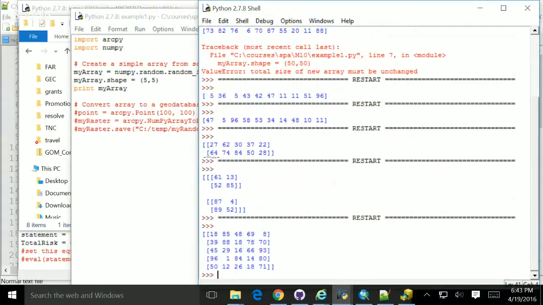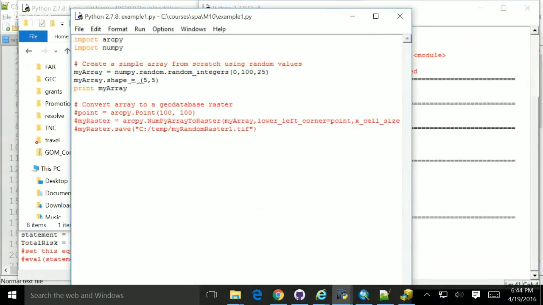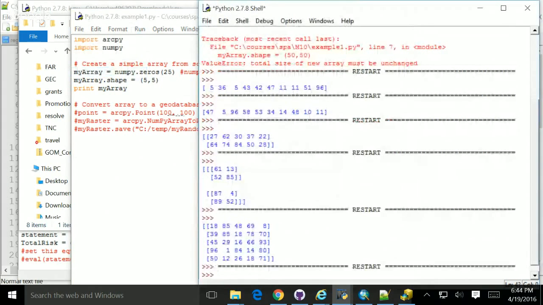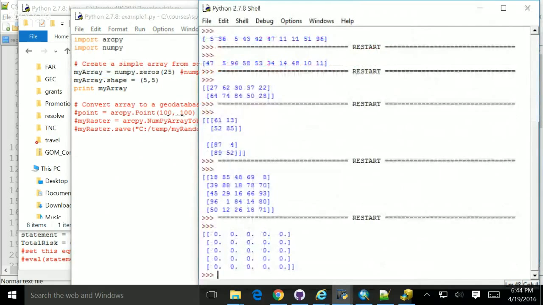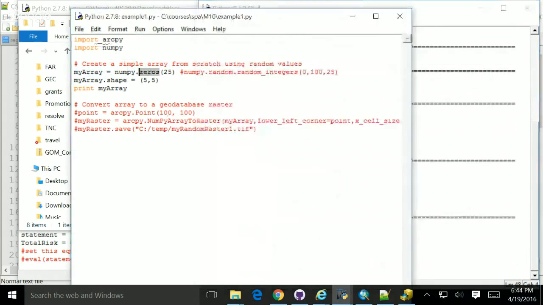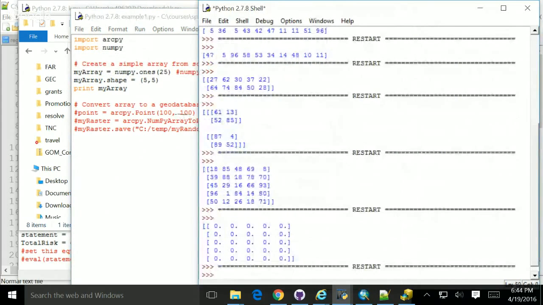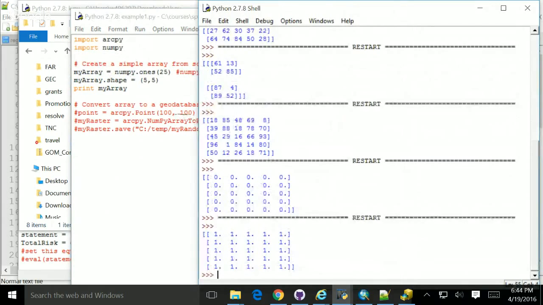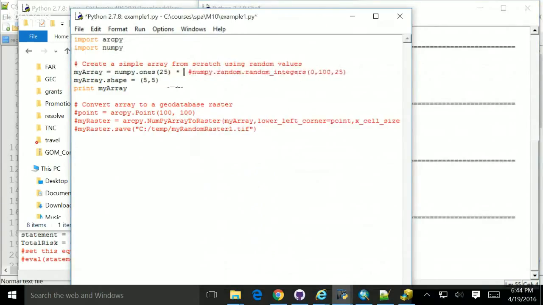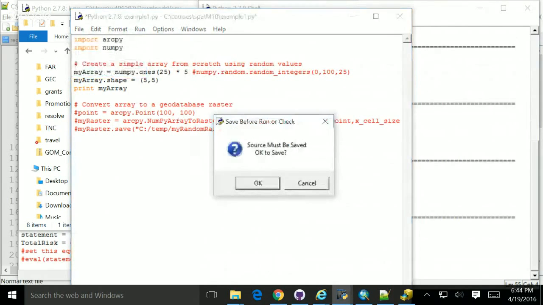There are tools for, we could change this up. There are tools for creating an array of zeros. So we say numpy dot zeros and give it 25, and now it will create a row of zeros. Ones. All right, now you might say, oh, is there one called 2s and 3s and 4s and 5s? No, there's not, okay? Now that's why we start getting into math. So we could just go like this, and we would get